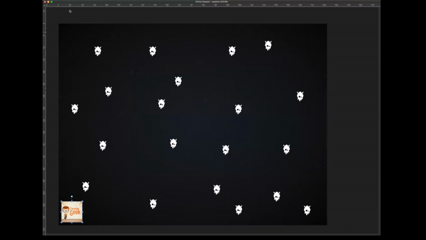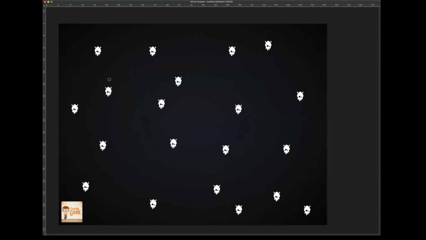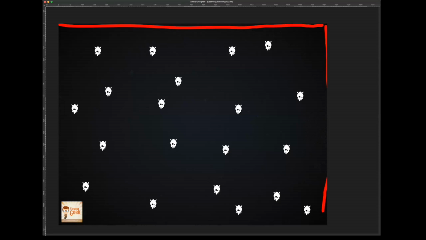So what Quadtrees does now is, take a brush here. Quadtrees optimizes the collision checks. It creates branches. The first branch is our whole screen.